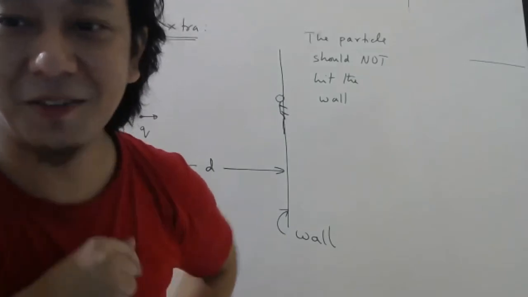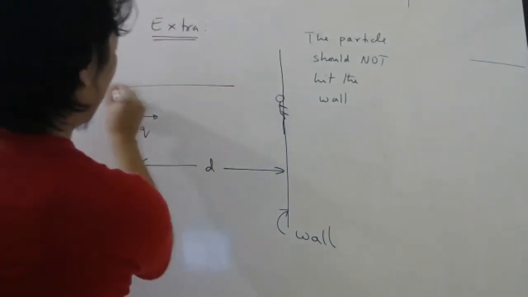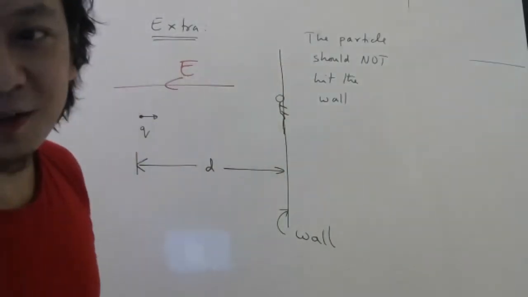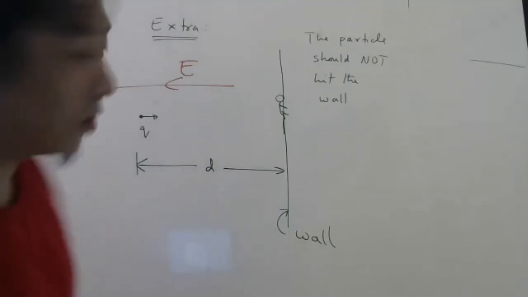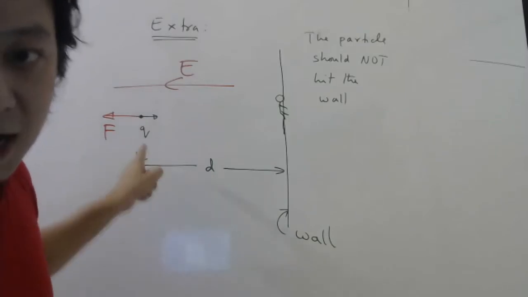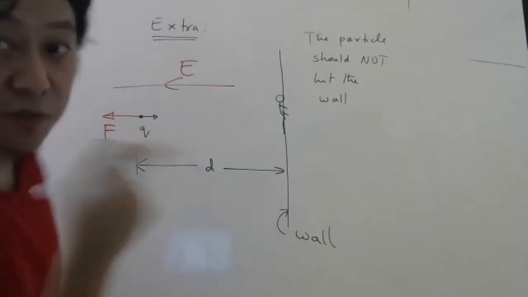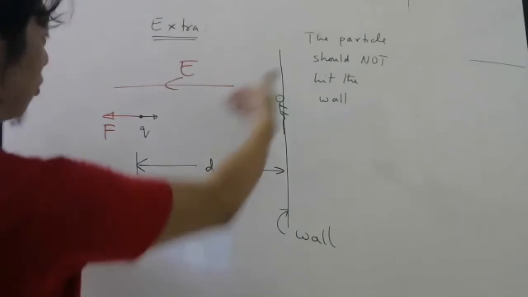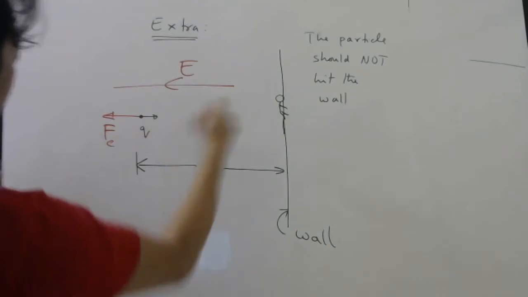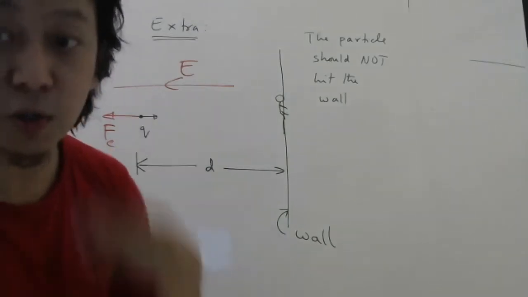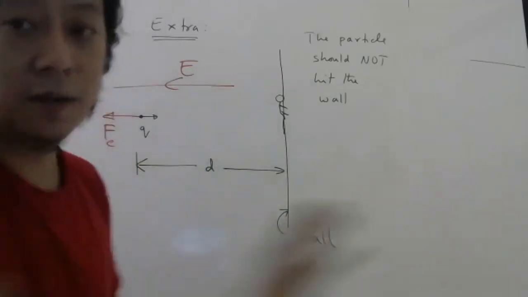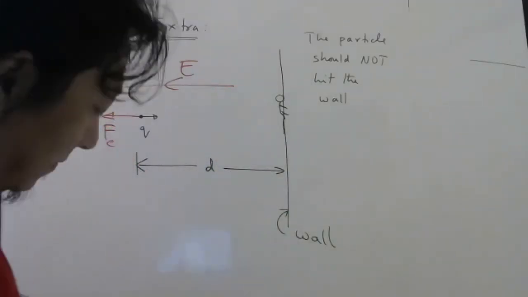If you are given electric field, you know what to do. You will apply electric field this way. High electric field this way. So what will this electric field do? It will slow down the charged particle because this electric field will exert force this side. Right? Because the charge is positive. So positive charge feels force in the direction of electric field. So you will apply huge electric field here. Electrostatic force will be this side. So the charge will slow down, and maybe somewhere here it will stop. If it doesn't stop, you apply more larger electric field.